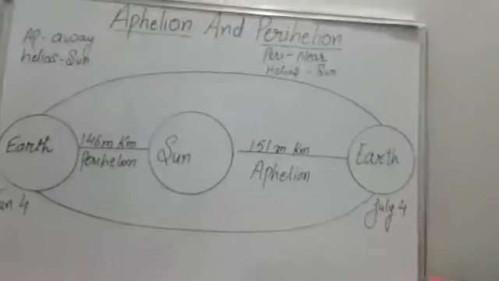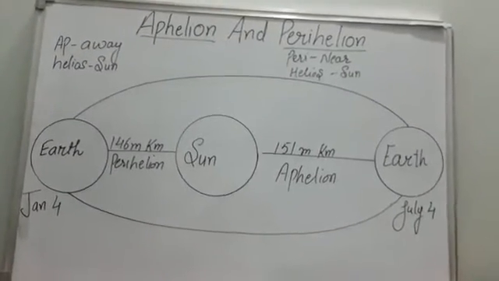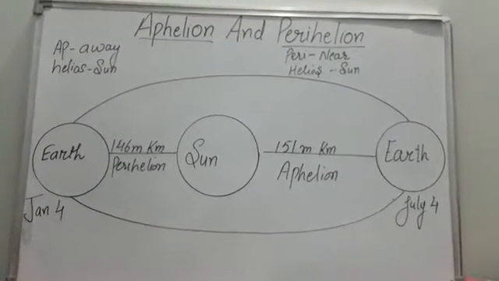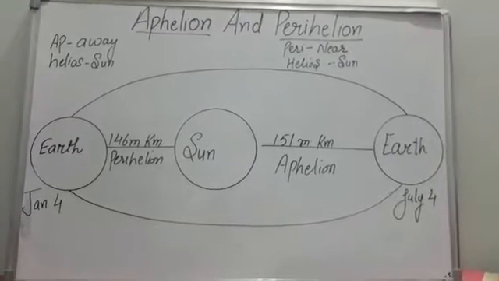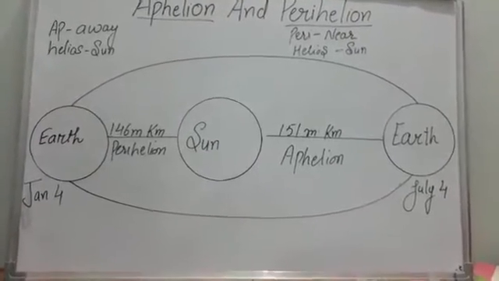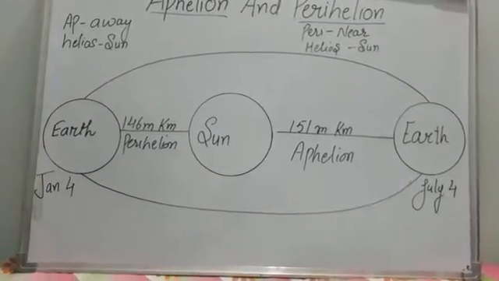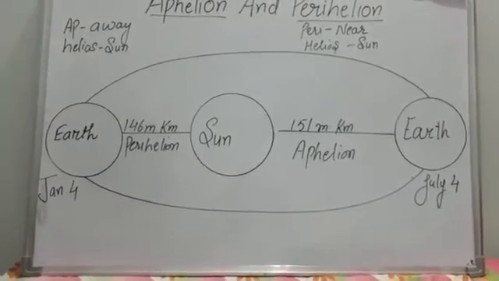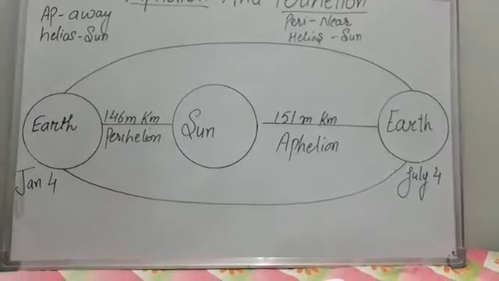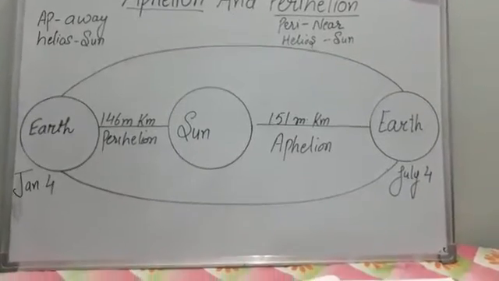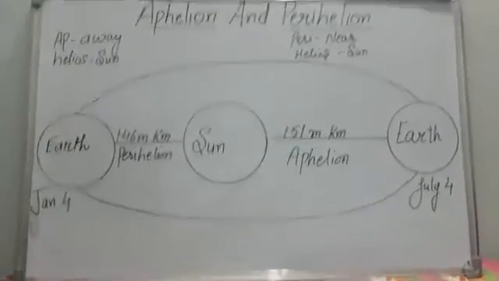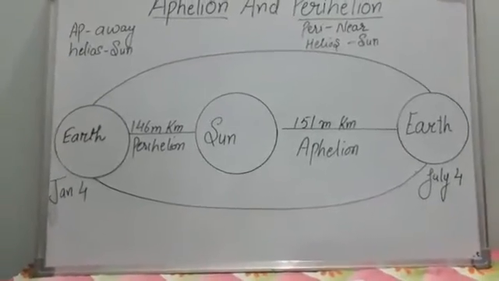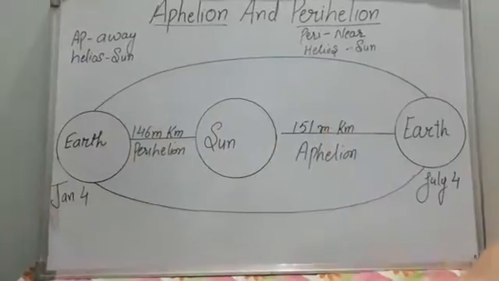So students, you know very well that the earth revolves around the sun in a fixed path, and that path is called an orbit. The earth is revolving around its fixed path, which is not spherical in shape. It is elliptical in shape, or you can say it is oval in shape. Now look at the diagram. I have drawn the path in an elliptical shape, oval like this.